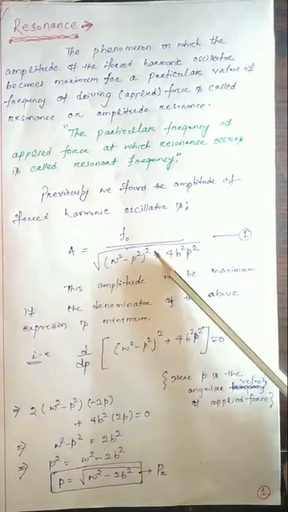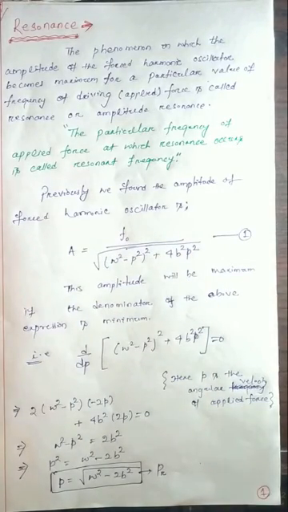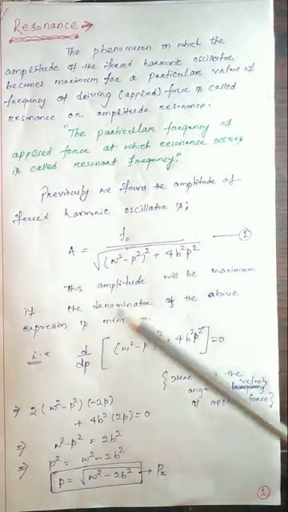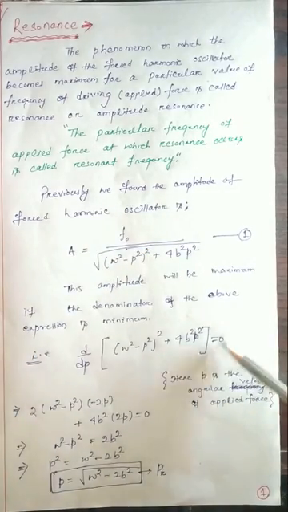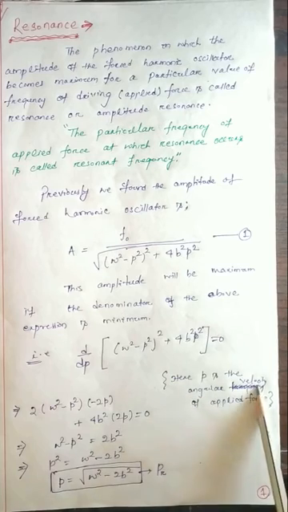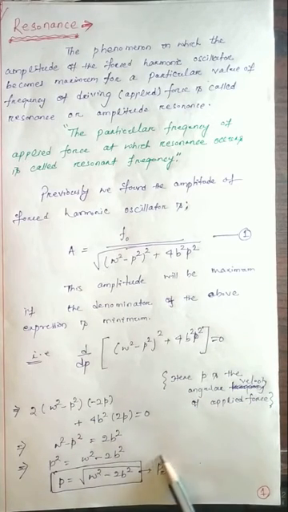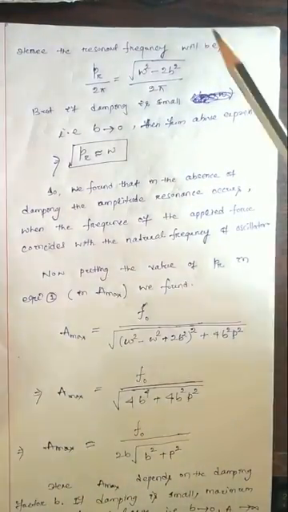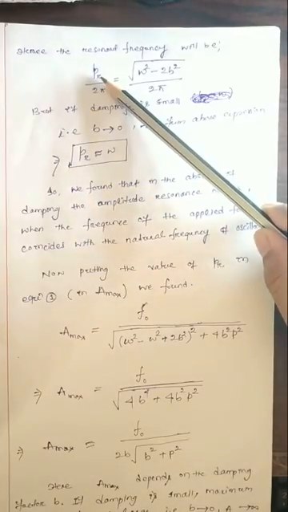Now previously we found this amplitude of the forced harmonic oscillation. If this is maximum, then it is called the resonance condition or resonance frequency. So for it to be maximum, dA/dp should be 0, and p is equal to the square root of omega square minus 2b square, which is nothing but the angular velocity of the applied force, or the resonant force. So if pr is the angular velocity,